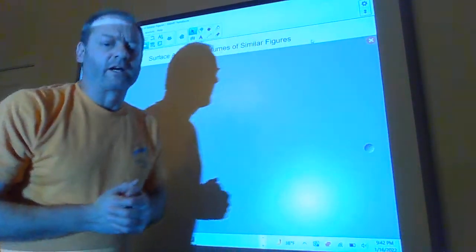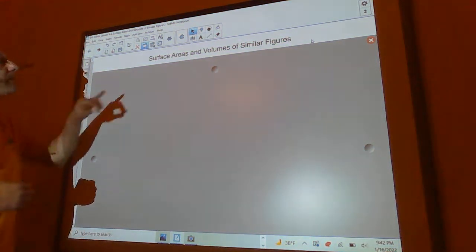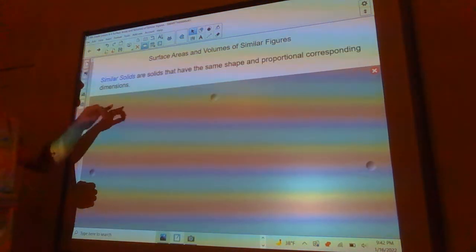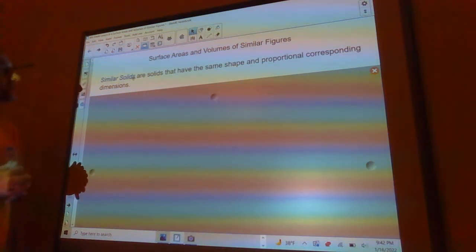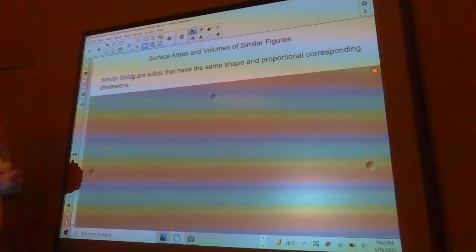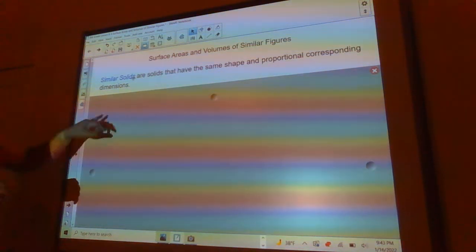Alright guys, today we're going to talk about surface areas and volumes of similar figures. This is one of the tougher lessons for a lot of people. So, similar solids are solids that have the same shape and proportional corresponding dimensions. Okay, so